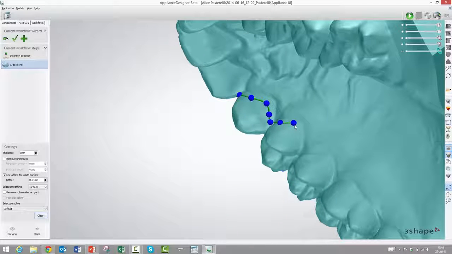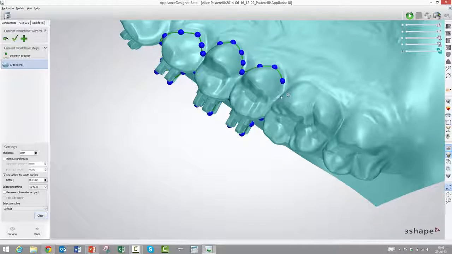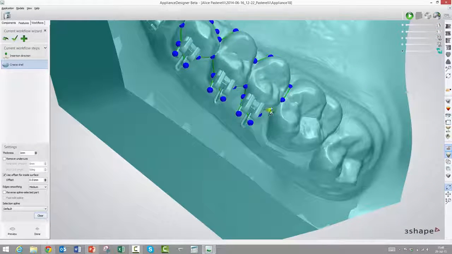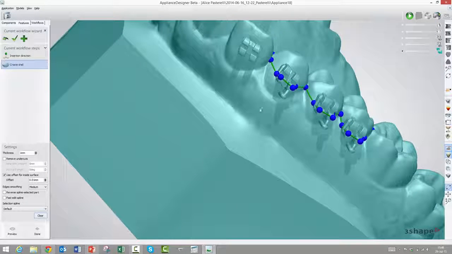Okay. So we could even make it grip around some undercuts here on the back side, and it will still be able to let go. Yep. So we will go around here, and then we will close the spine here. Yep. Now we could correct any mistakes, maybe move them around a little.